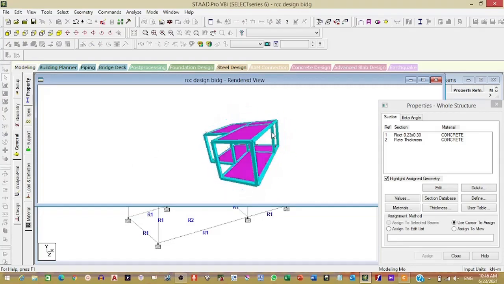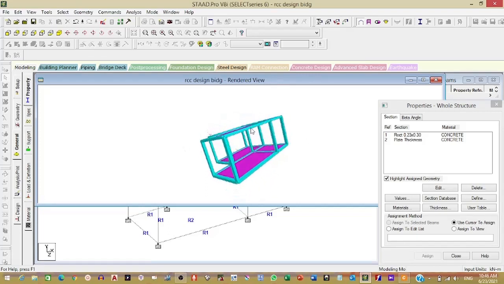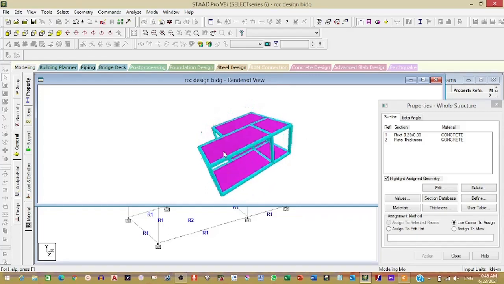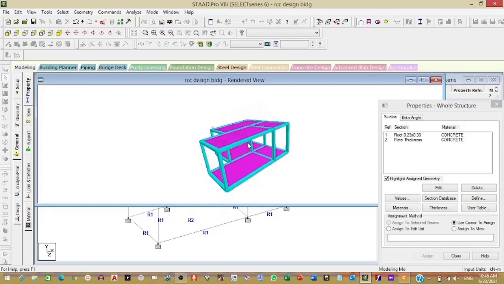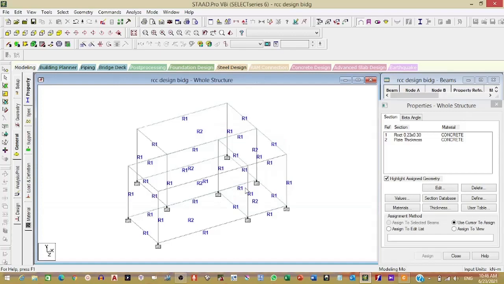Then in the next tutorial I'm supplying some small tutorials on how you will see the dimensions, everything. But here my aim is to show you how to design. Then go for the general, click on general, always click on general. So this model will be there. Then go for the load and deflection.